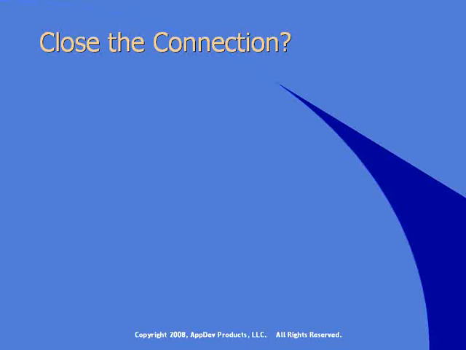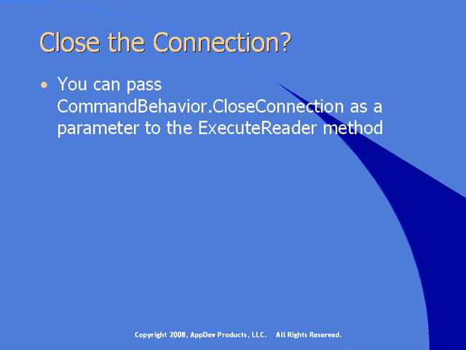There's one problem we haven't discussed. Now, if you're using a using block in your code and you know when it's time to close the connection, this isn't a problem. But if you're handing a reader to some other assembly and all they have is the data reader, you need some way to close the connection when they're done with the data reader. The way you do that is passing the CommandBehavior.CloseConnection as a parameter when you execute the ExecuteReader